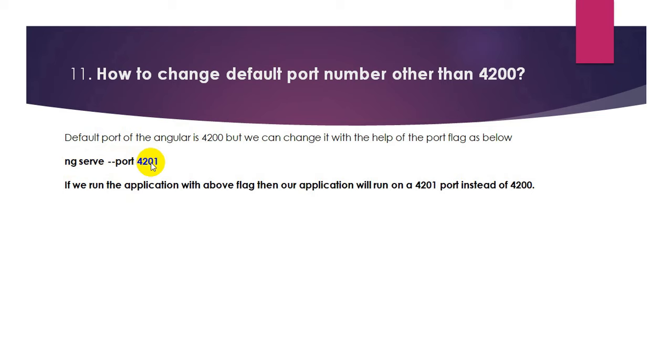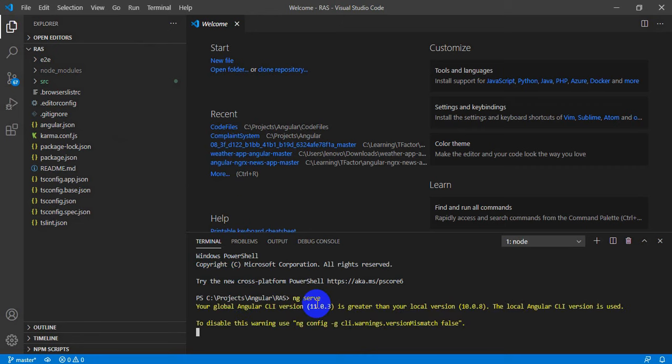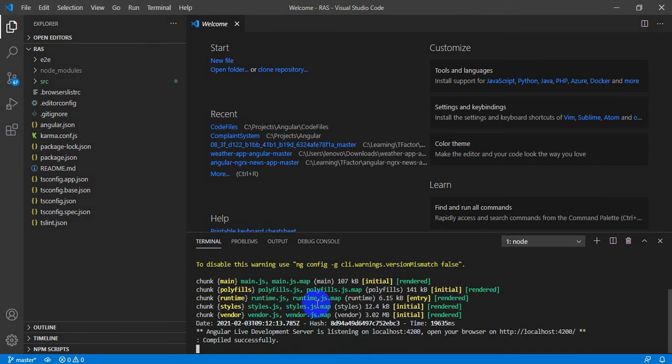We can quickly check this. This is your application. If we run this application like this, it will run on port 4200. We can see the default port is 4200. But if you want to run this application on some different port other than 4200, then how will you do that?